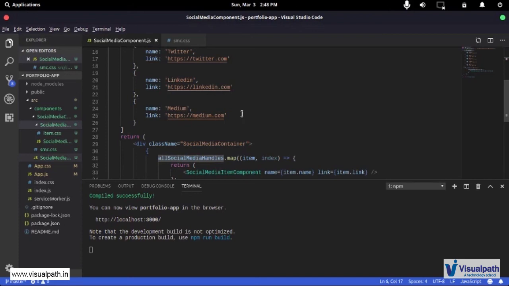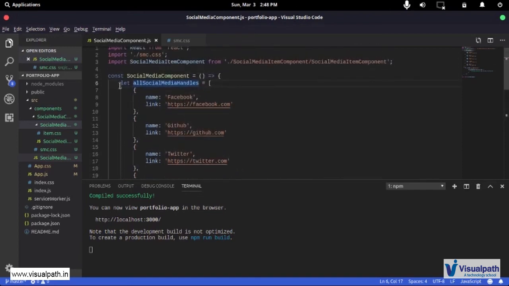Having this notion of data controlling the UI is really important when developing React apps, and this is how React is powerful. Now, as I already talked about, this could have come from a remote server, some place you have control over, and then you can directly change the data there rather than opening up your React app and your website going down.